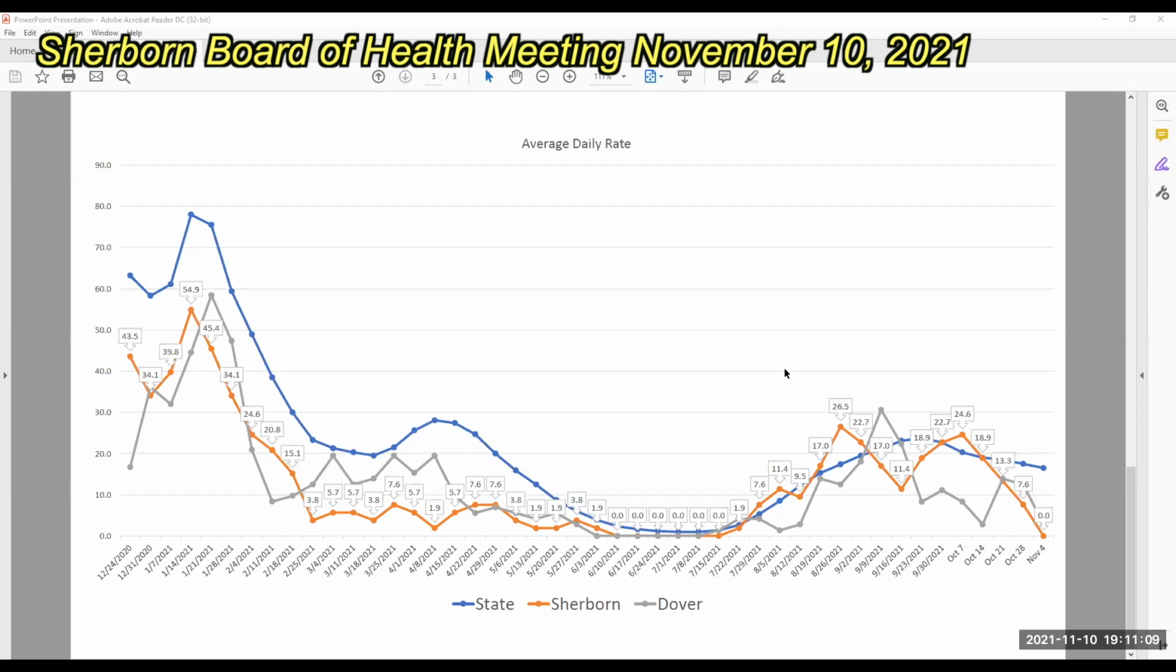And so what we see here is that, comparing Dover in gray, Sherborn in, I think it's orange, but I'm not great at my oranges and reds, and the state in blue, we see that in general, in the kind of winter and spring, Dover and Sherborn tended to run below the state. In the more recent surge since the summer, we've tended to be a little bit more concordant with the state, with a little bit of separation in the last couple of weeks. So that's kind of the background in terms of the